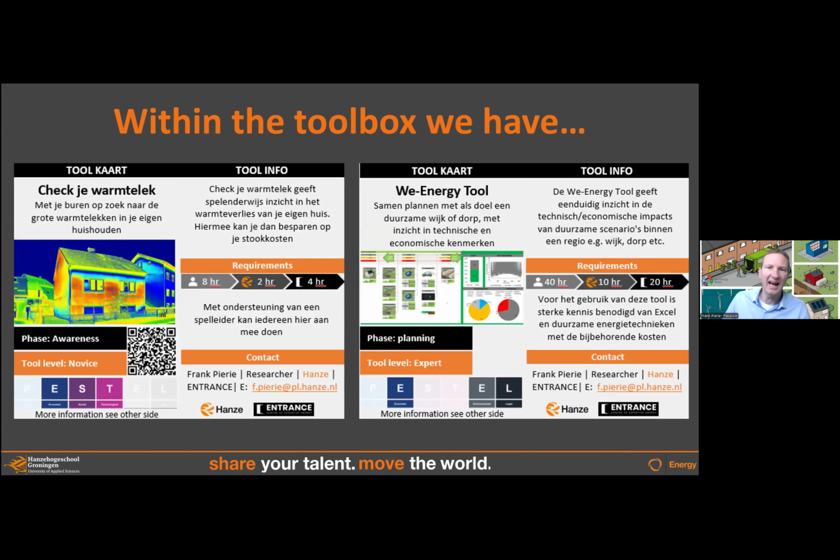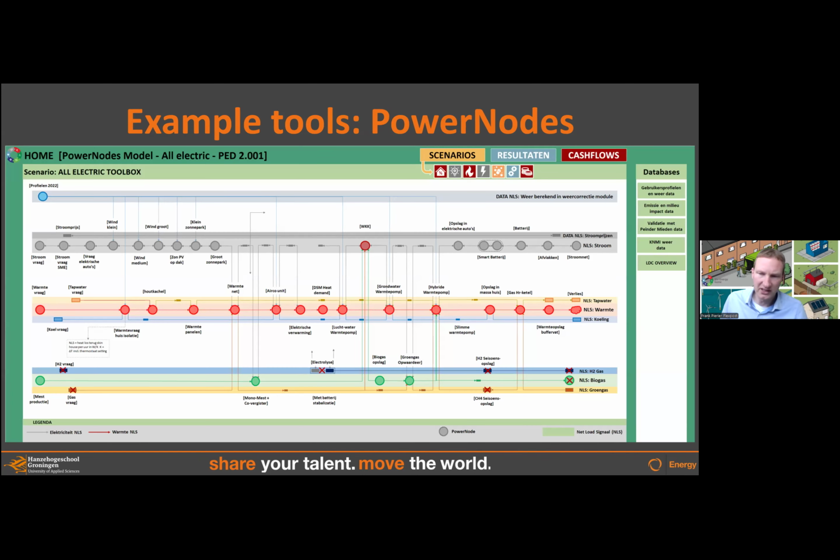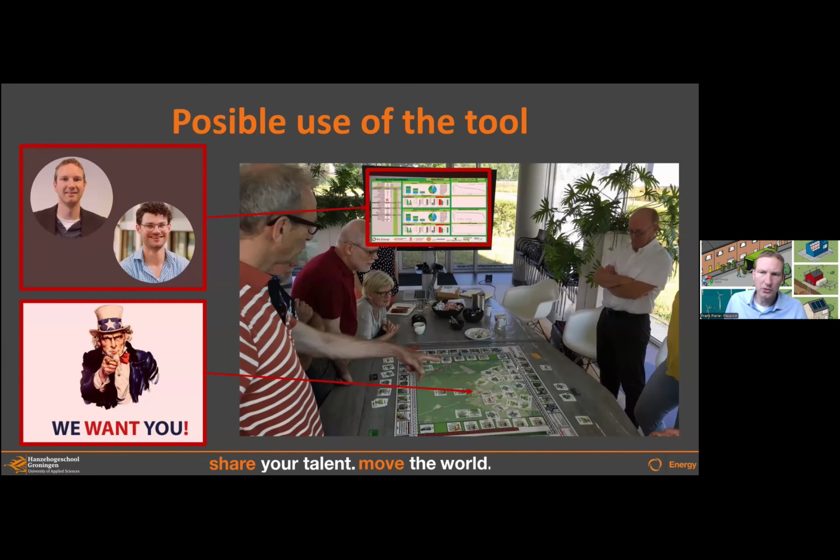Another example that we have is what we call the We Energy tool, which we applied in the FlexPost project. This actually looks very complicated, but it can help with decision making and with which technologies I can use to lower grid congestion, and whether that would be feasible for us. We did it in such a way that we could do it together with stakeholders. We combined the map of Leeuwarden, where the grid congestion is, with tickets that you see on the map, which represent technologies that they can place on the map. Then we show on the screen the effect of their decisions and choices.